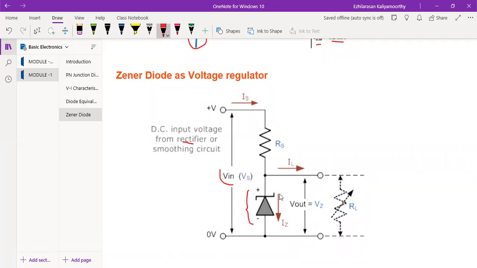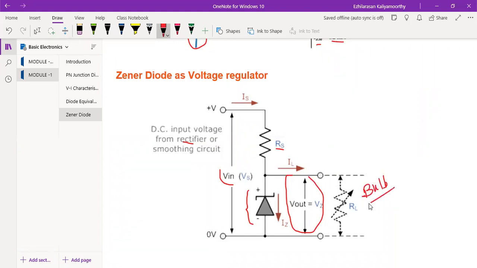Along with the Zener diode, we connected one resistance here, that is a source resistance. You'll get the output, the voltage across the diode, this portion. Which portion? This portion. The voltage across the diode, that is VZ. V out is VZ. Here only we'll take V out. Finally we'll connect this output to the load. You can think about what the load means: assume it can be a bulb. Load is nothing but your bulb.